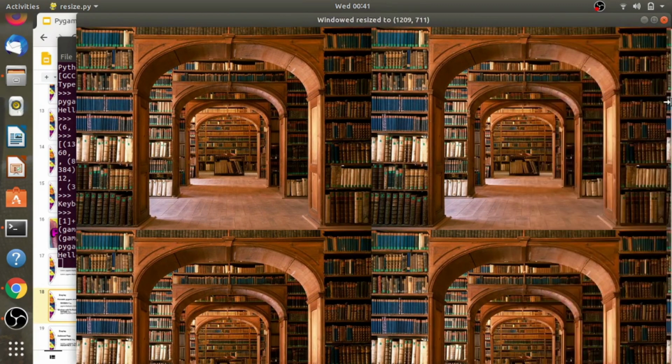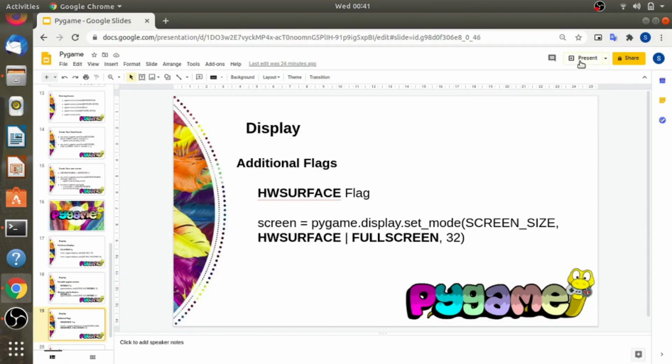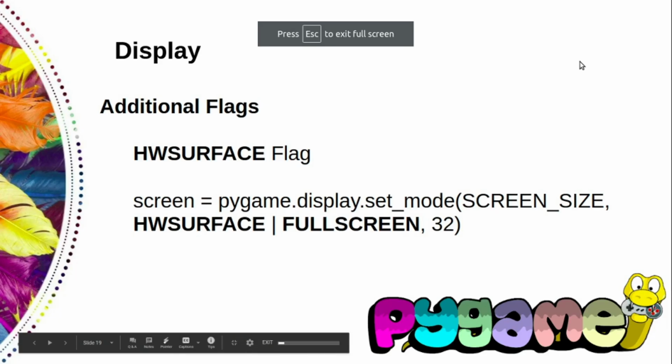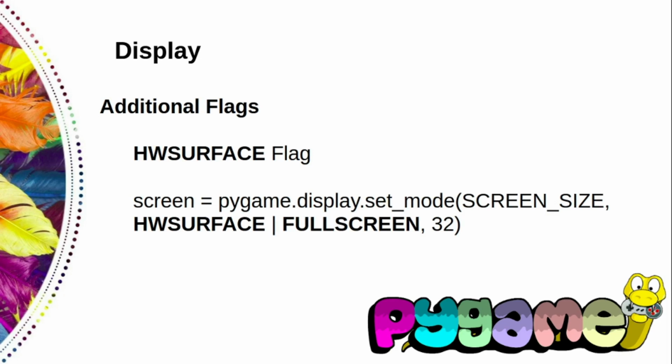Now let's understand additional or advanced display flags. There are a few more flags you can use in a call to set_mode. I consider them advanced because they can hurt performance if used incorrectly or cause compatibility problems on some platforms also.